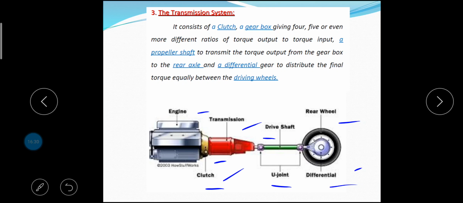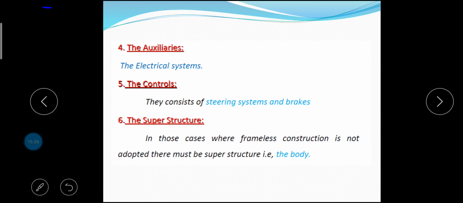The next important component of the vehicle is the auxiliaries. The principal one, which is common to almost all types of vehicle, is the electrical equipment. This can be subdivided into 4 systems. Supply system contains battery and generator, the starter. The ignition system contains battery and magnetic ignition system, and ancillary devices.